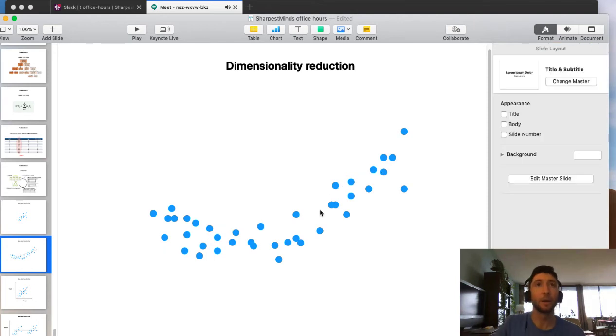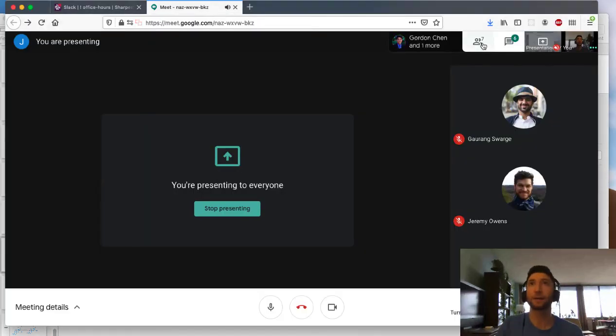Yeah, no problem. So what we'd want is an algorithm that's able to reduce this down to one dimension without being limited to just straight lines. And that is t-SNE. So the way t-SNE is going to work, and I'm going to go back here to